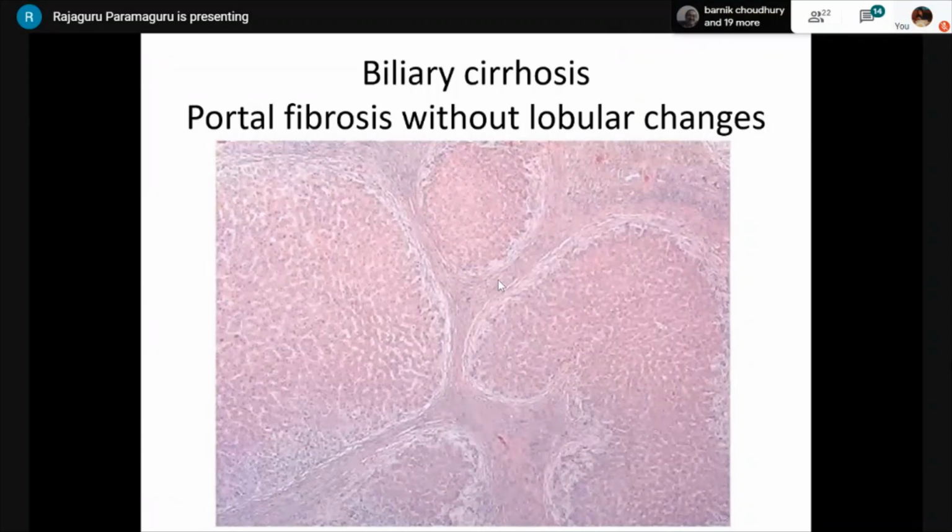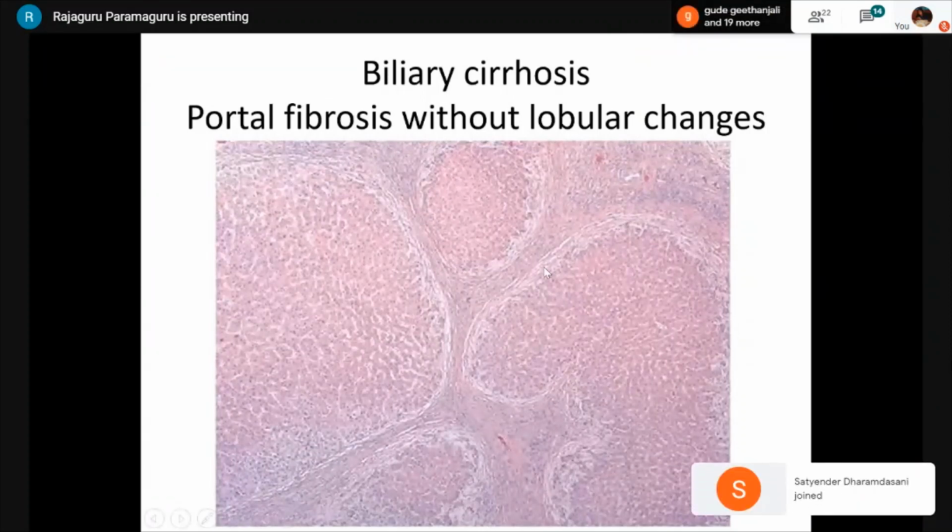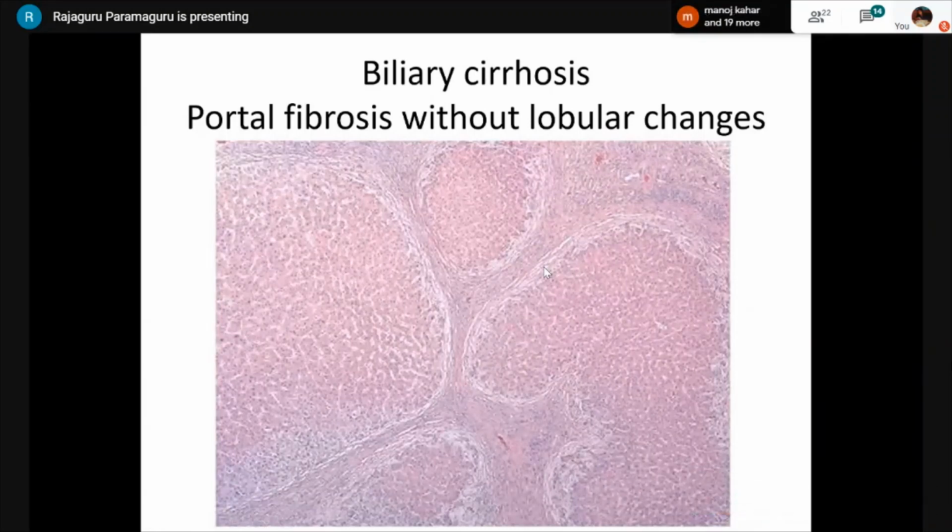But what you can appreciate is that this nodule is not like the nodule which I had shown you previously. That is why I was trying to show it to you again and again. So this nodule is so irregular, and it is like a jigsaw pattern. Whereas here you are able to find a round nodule. Maybe this is a transverse section, so maybe it got cut over here in the other dimension. That is why it is appearing nodular. And another important thing is that you will find only portoportal bridging. Your terminal hepatic venule will be fine within.